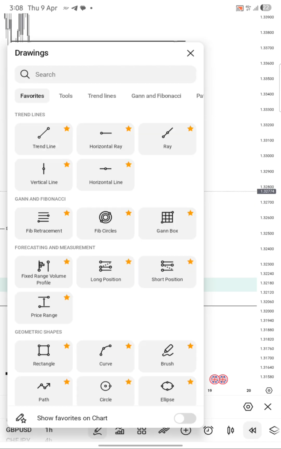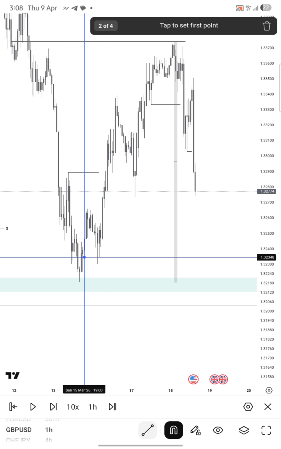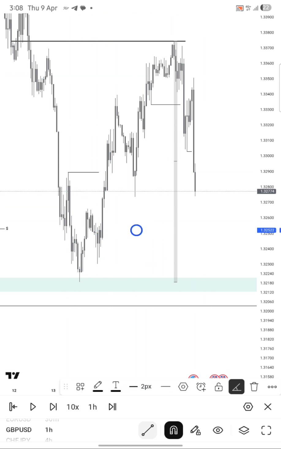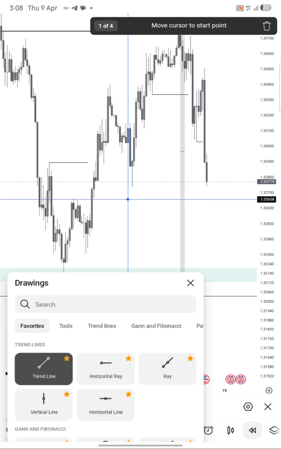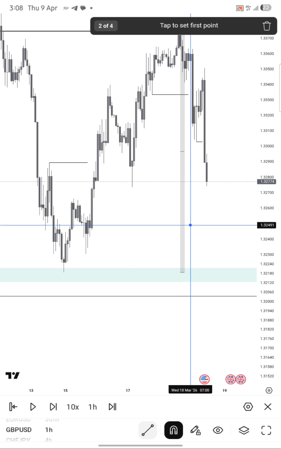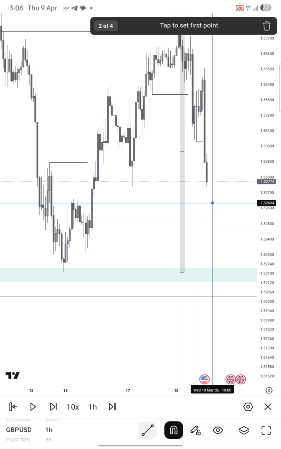But like I told you right now, what we need to do is identify the market for just buying. In this case, since we have this dealing range, we need to buy from a discount and sell from a premium. So